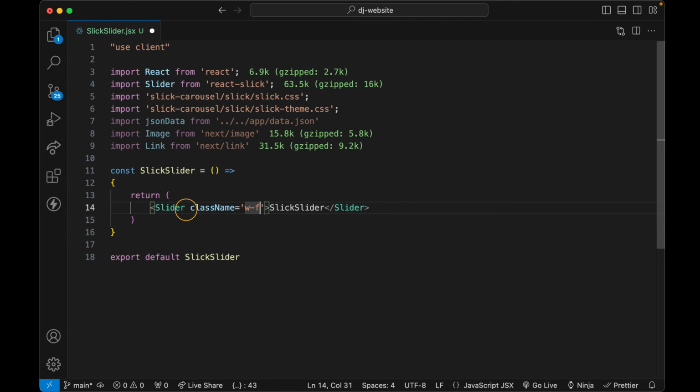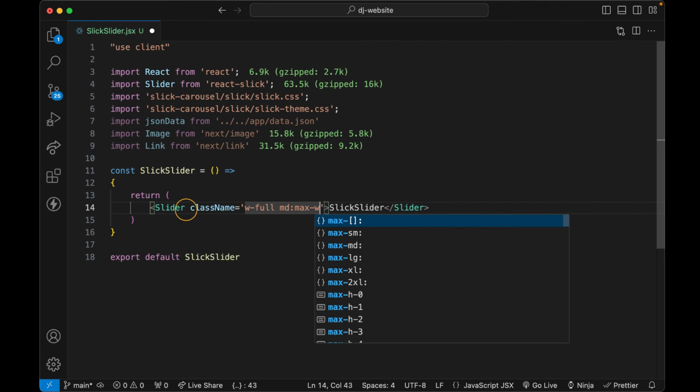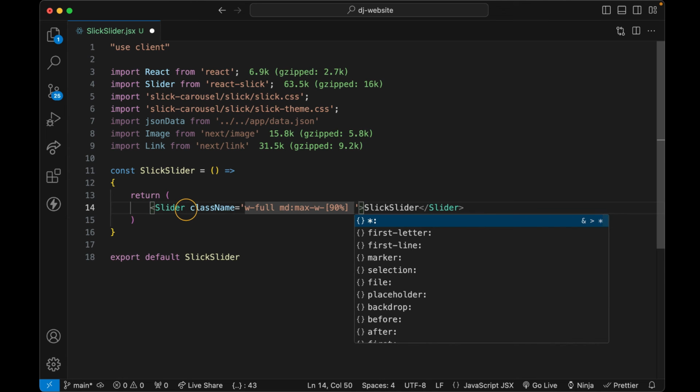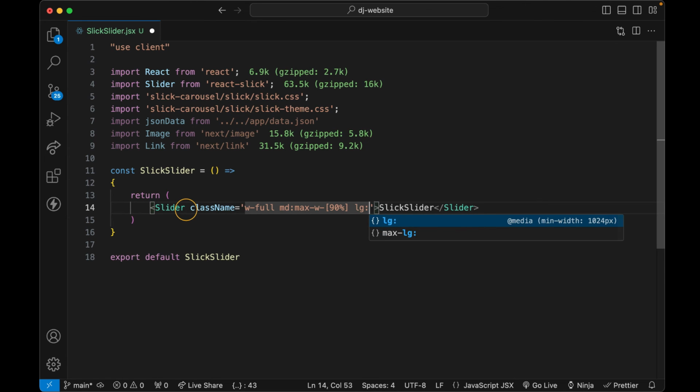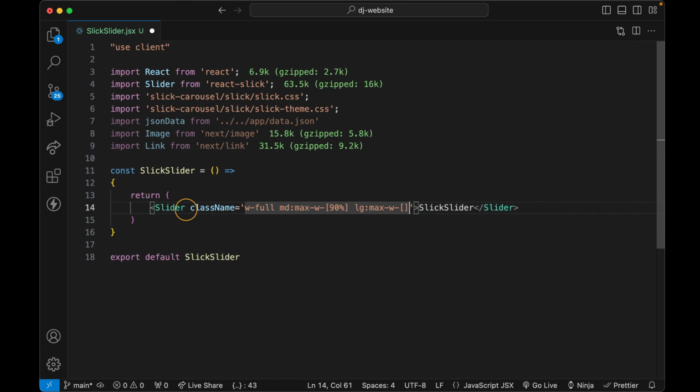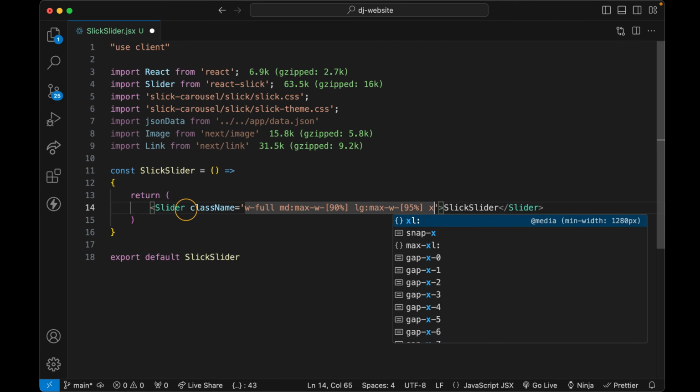So I want the width to be full. On MD, I want a max width of 90%. Okay, 90%. There's a typo already. Be aware of the typos, this happens very often. On LG breakpoint, I want a max width of 95%. Okay. On XL, I'm gonna need a max width of